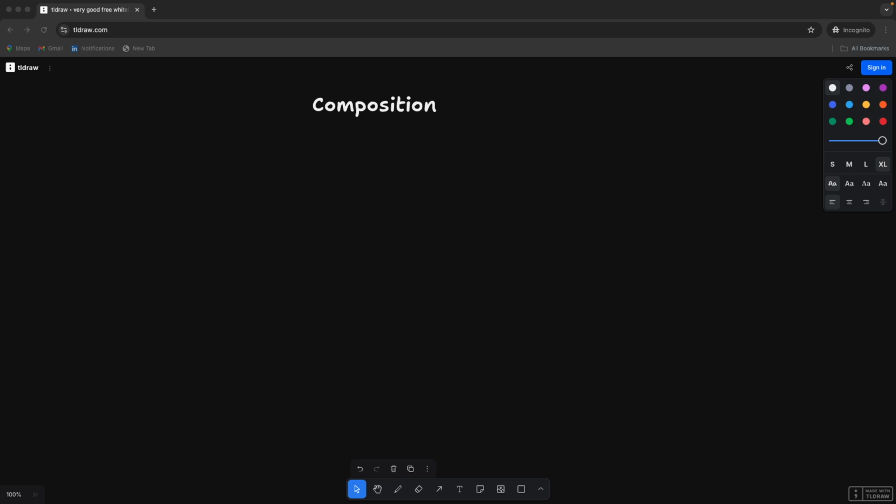Let's understand why we need object composition in the first place. So there is an OOP concept called object composition, in which